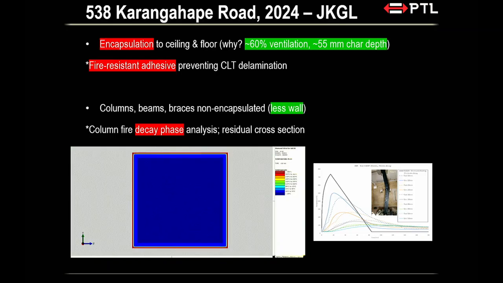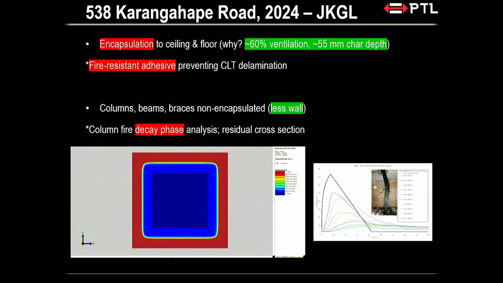So which is why we have fire rated adhesive. On top of that, because of our height requirement, we are 45 meters up in the sky. All right? And firefighters cannot spray water that high, and they will have to go into the building. They don't want the column to be buckling. All right? So what do we do with the column beam braces?